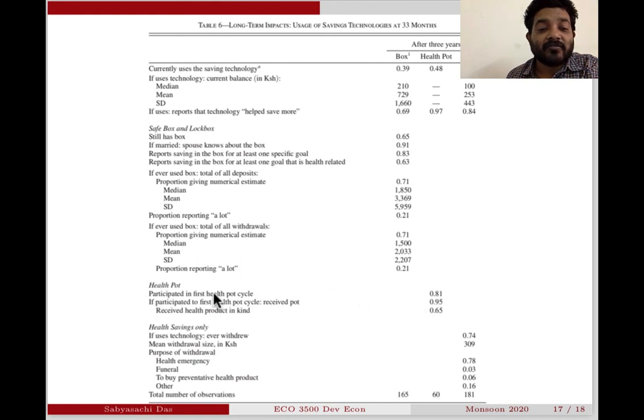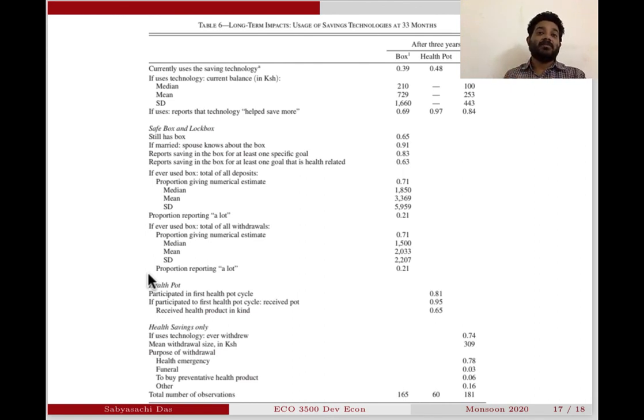So about 81% of people participate in the first health pot cycle, and 95% of people say that if they participated in the first health pot cycle, they received the pot, and about 65% say that they receive the health product in kind. So they are able to actually purchase the health product using this health pot treatment. Okay. So basically, what they're showing is that even after 3 years, these treatments have had significant effects in changing